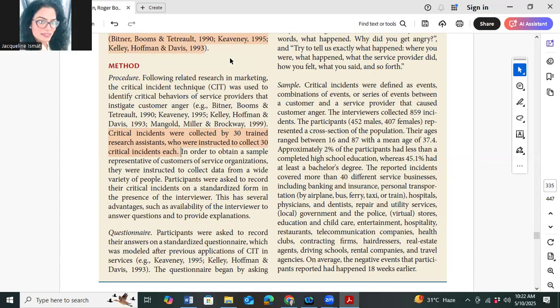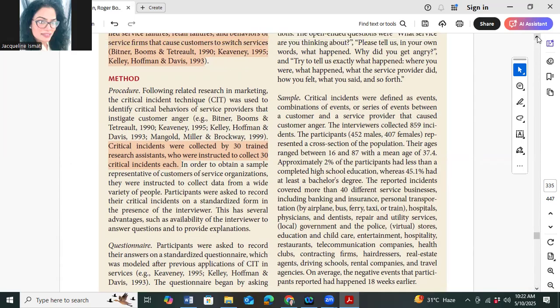ये चीज कंडक्ट कर रहे हैं जिसको हम प्रॉब्लम होता है which is जो बनाएंगे participants are asked to record the answers in a standardized questionnaire, structured questionnaire होगा, which was modeled after previous applications. Previous studies को देख के जो सवाल आप लोगों से पूछना चाहेंगे हमने questionnaire में शामिल किया, questionnaire बना दिया. The questionnaire began by asking